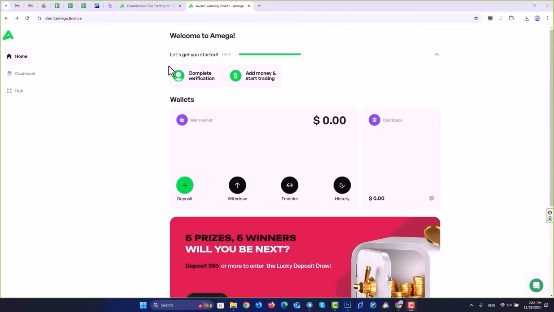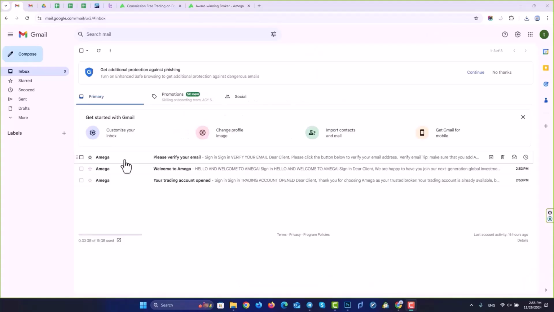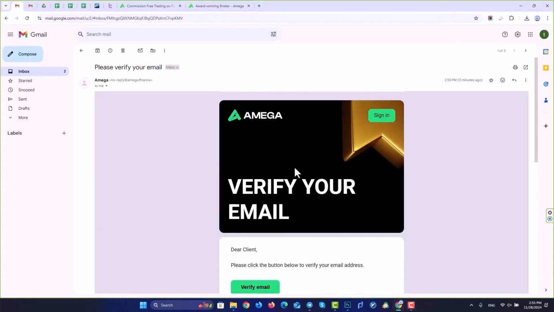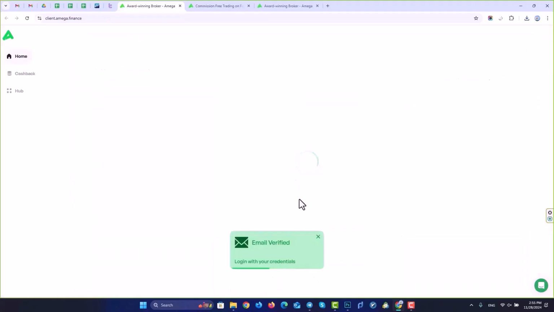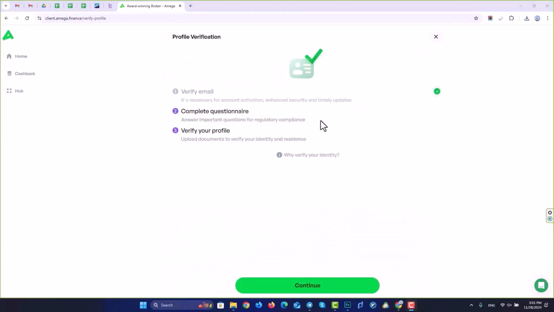Friends, please note that your account must be verified via email. For this, you click on this option, and then to verify your email, click on Verify Email in this section. You will go to Amega. Please verify your email. And in this section, click on Verify Email. Your account has been verified via email, and friends, to confirm your account in the second step, you need to